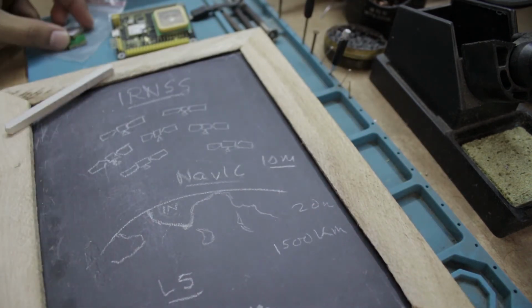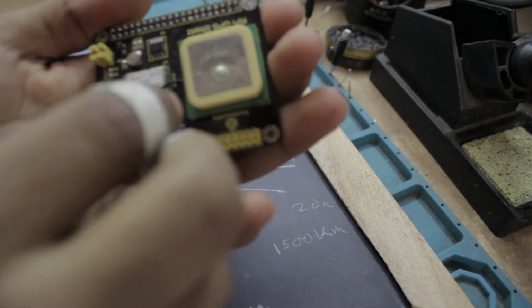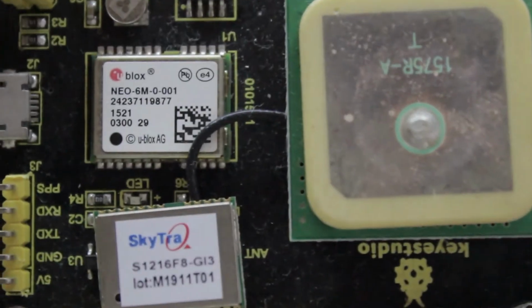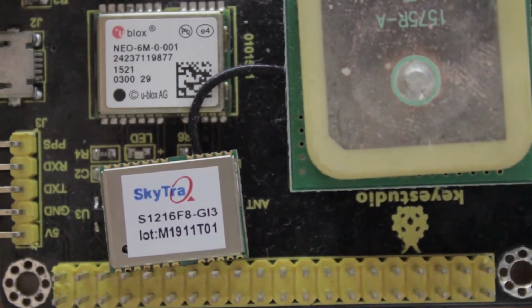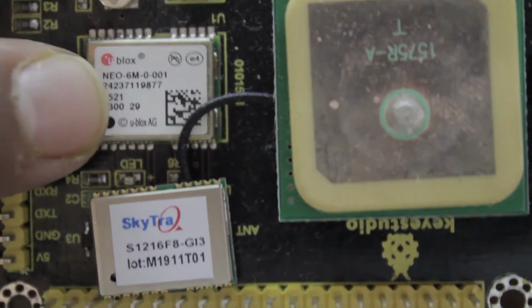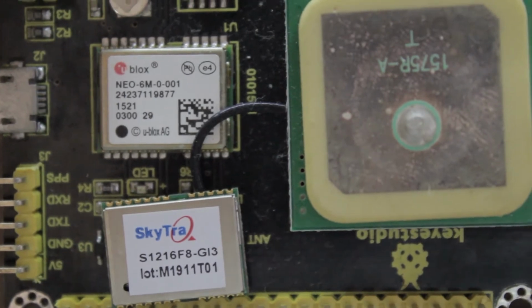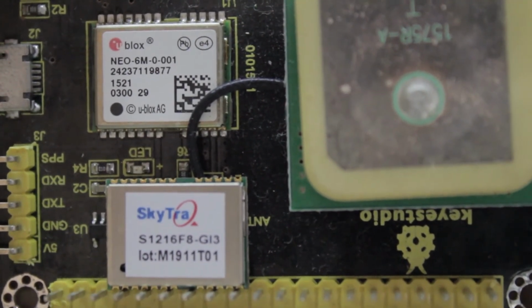And also I have compared the footprint of this module with the U-Blox 6M or the 7M. All of those have similar footprints. So I've compared the footprints, and it seems that the footprints are very similar. And in fact, I can tell you that these footprints are exactly similar. Skytraq has borrowed the very popular footprint of Neo 6M, and used it in their Skytraq S1216